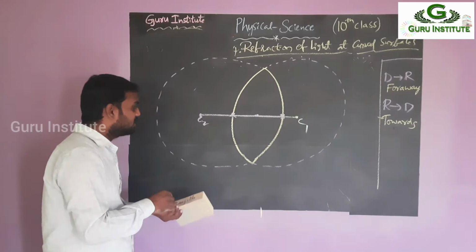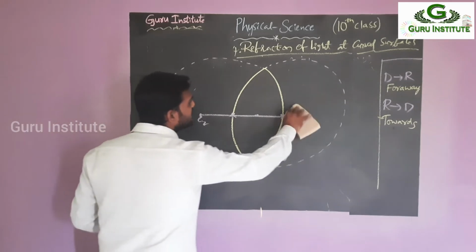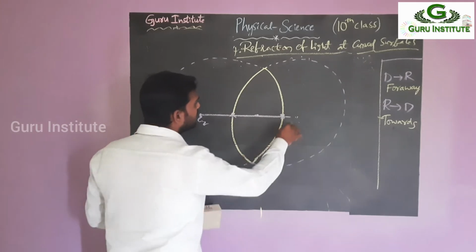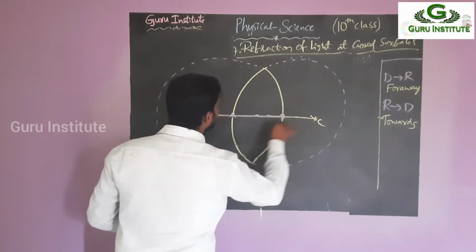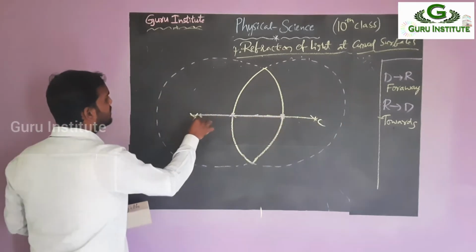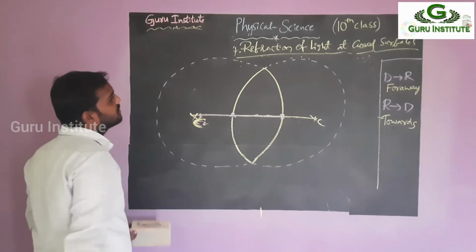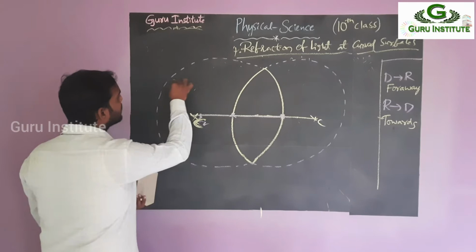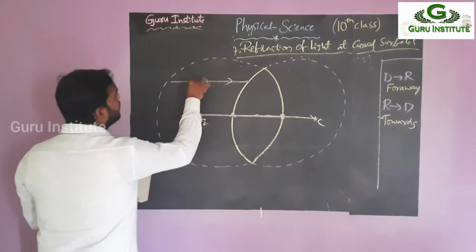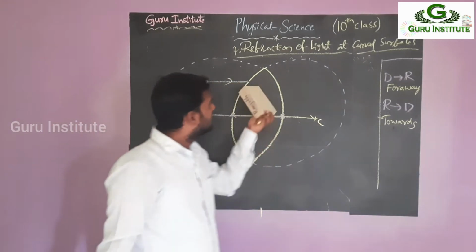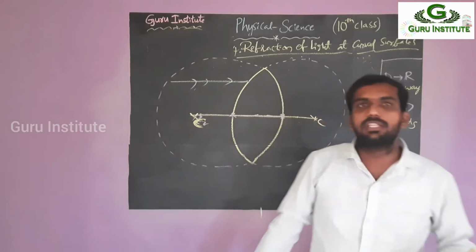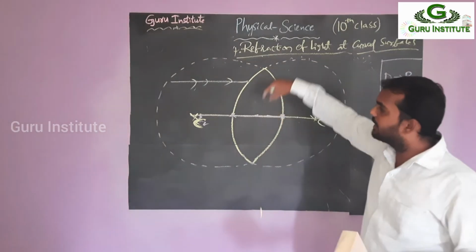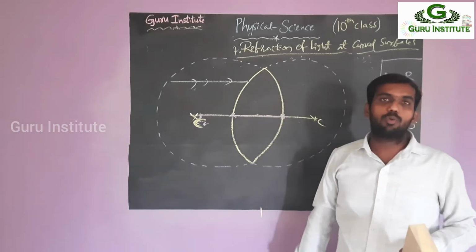Already, maybe after this we have to see which is the pole. But before going to that, simply, there is the center of curvature. We can take here, this is the center of curvature, and here also this is the center of curvature. Right. Alright, before going to this, I will tell you, this is the lens. Lens means it is made up of glass material. So I'm placing a lens in the open air.